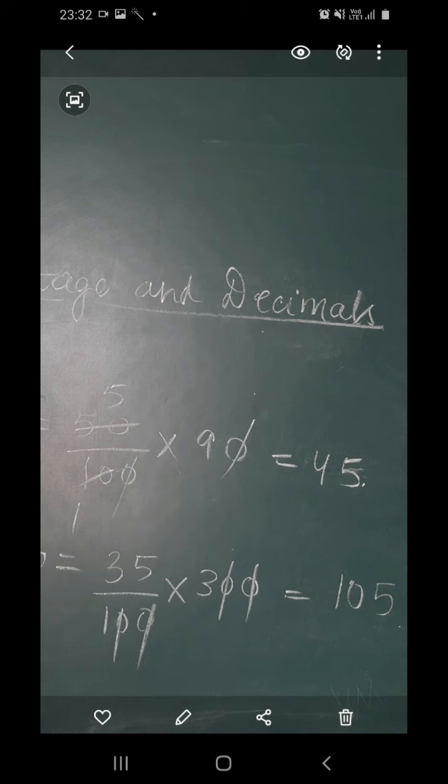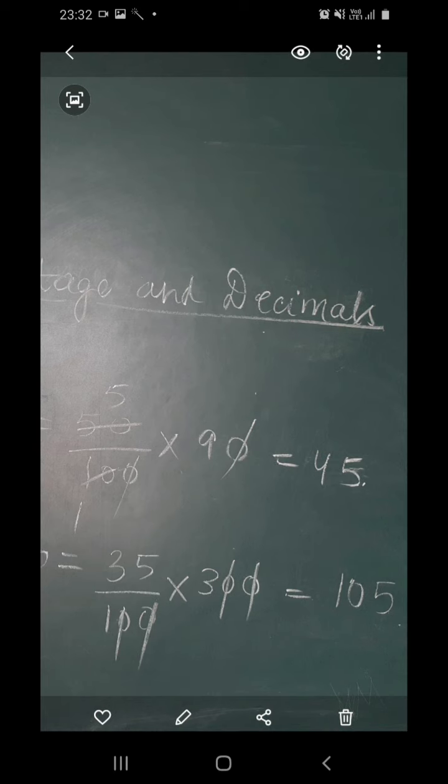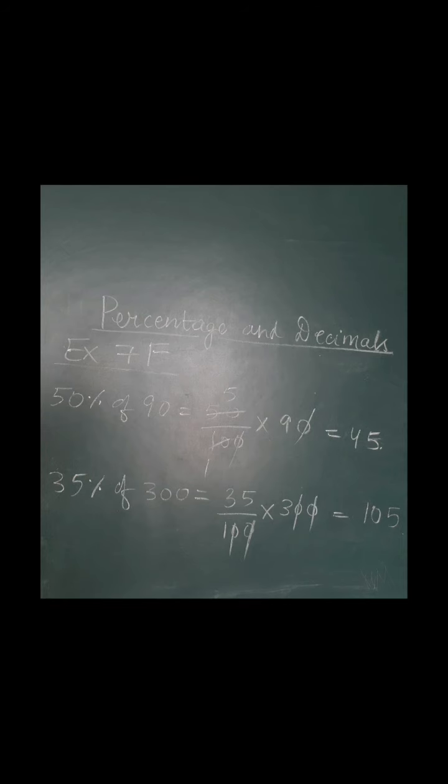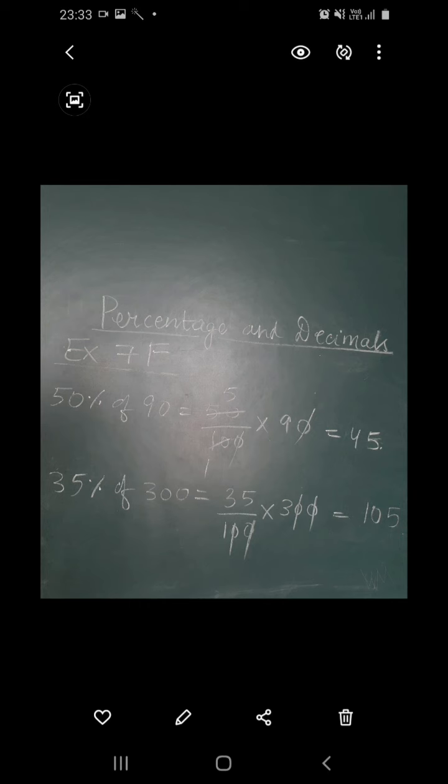In the next class, I will be explaining you the further questions, and the questions which I have explained you in the video are your classwork, and the questions, the options which I have skipped in the previous exercise, that is exercise 7E, that are your homework. So one more thing, to find the percentage of a given number, for example, it is p%, so it will be written as p upon 100 and multiply it by the given number. This is the only trick which will help you to solve the questions easily.